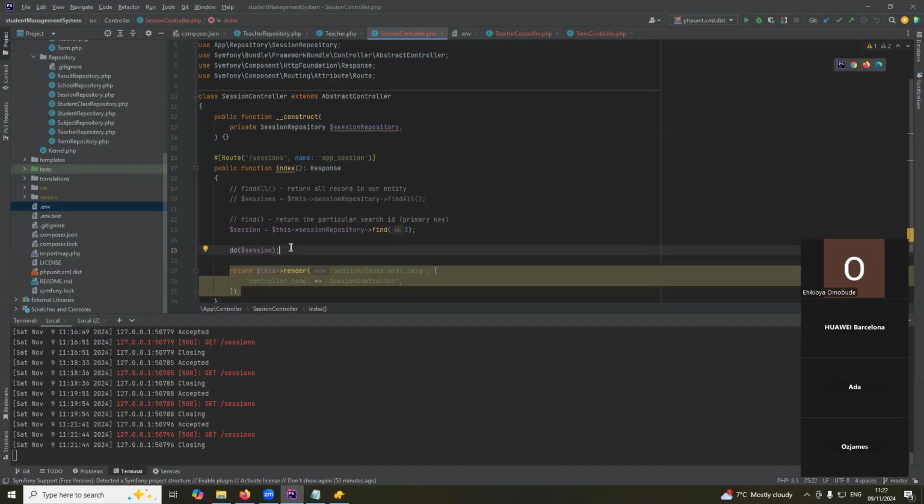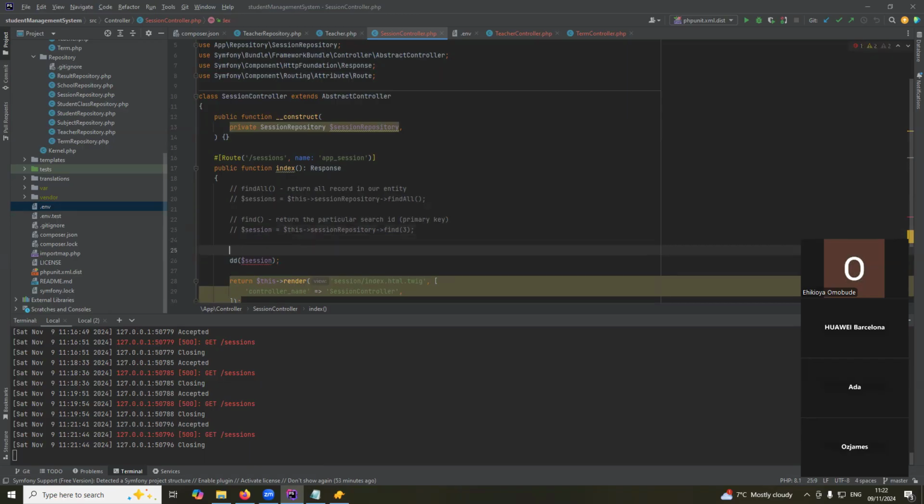Remember, we have the find all, which will give you all the records. You have the find, which will give you the record with the ID. Then we have the next one, which is the find by. So what do we mean by find by? Let me put a comment and say find by. This will return